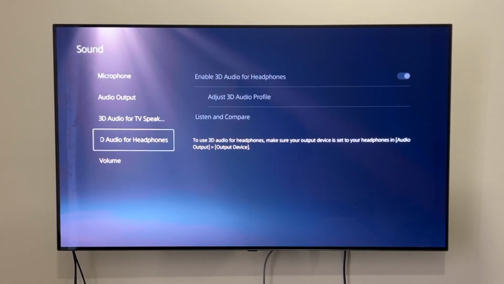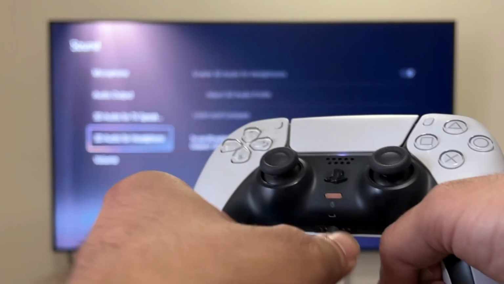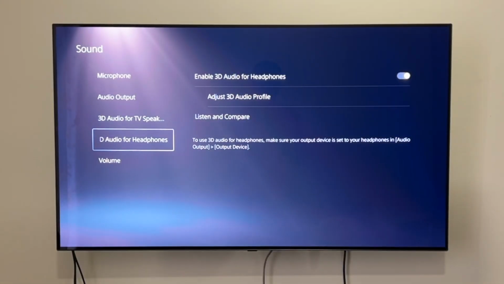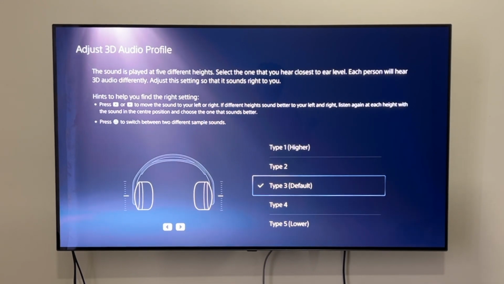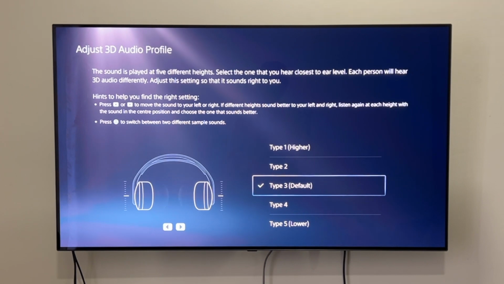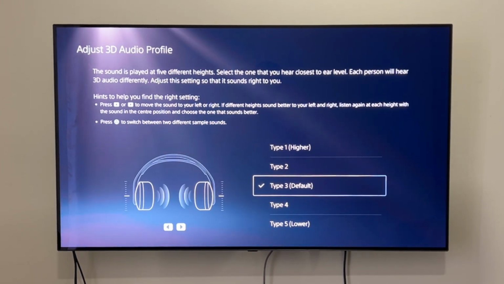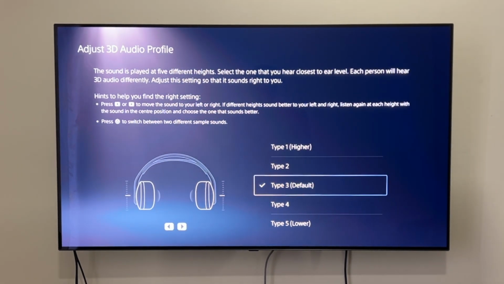And of course, enabling 3D audio for headphones is also there. And this is one more thing I want to show you. So before we get in there, I'm just going to connect my headphones here so you know that it has to be connected, and the enable 3D audio has happened, and mine is the typical type 3 default profile. But what I recommend is when you are changing these, you should put on your headphones and close your eyes. Now Sony has made changes to this UI over the past couple of years, which means that now you can press the left or the right to hear the sound from the left or the right ear cup itself,